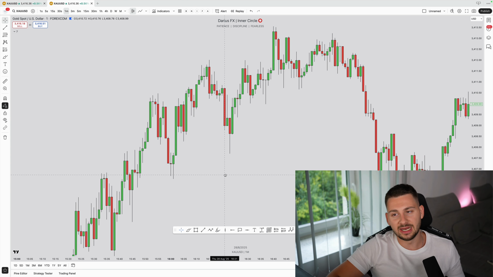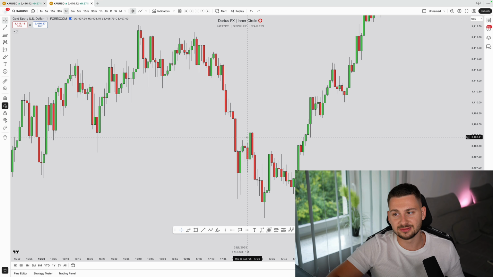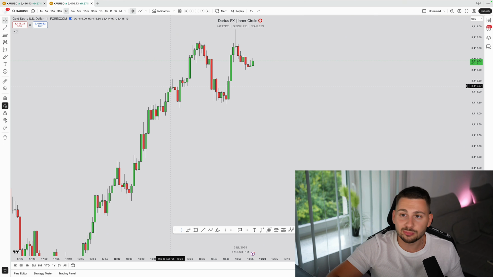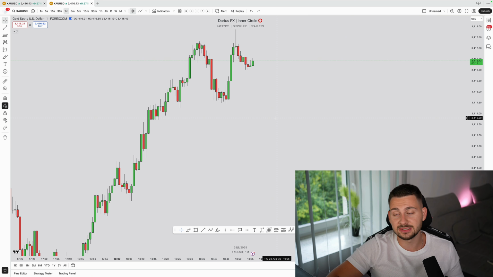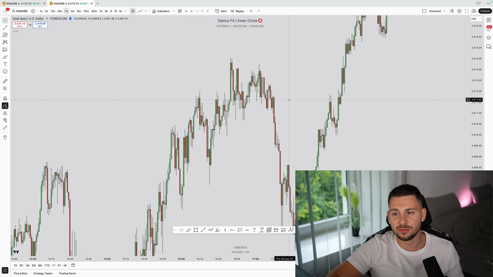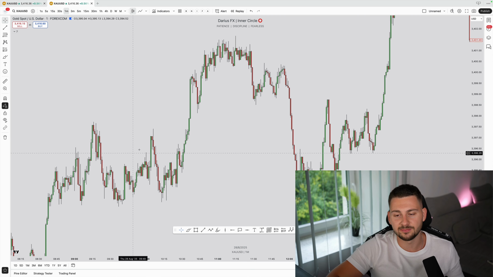We gotta understand that most people take break of structure as something guaranteed, and that's why they fail. And I know it's gonna be very hard then to read that every single time the right way, right? Because at the end you gotta interpret a lot, and you need to understand other confluences. You need to understand higher time frame, lower time frame, everything, and then things will be much easier, right?